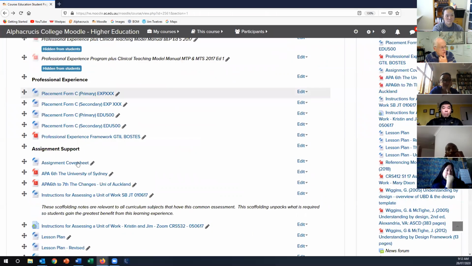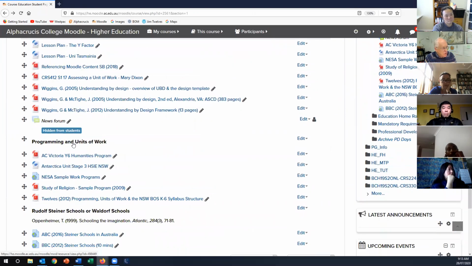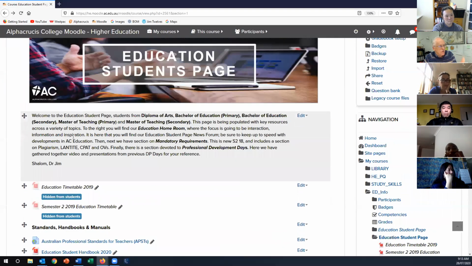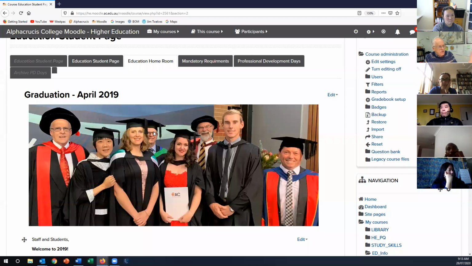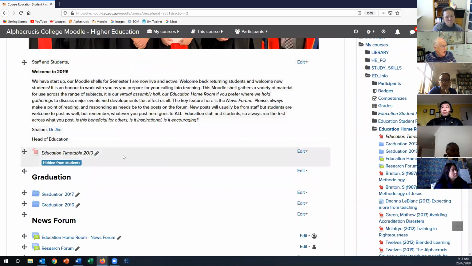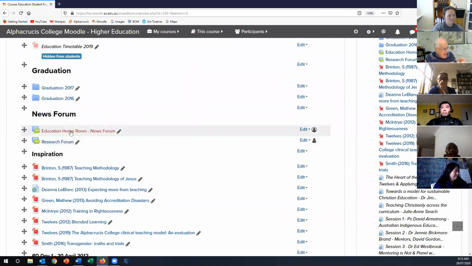There's all sorts of material in here about referencing systems, lesson plan templates, you name it. There's so much resource in there which is relevant to all subjects. If you go to these tabs, this was a graduation photo from last year, with some of our students here, and Stephen Brinton, Stephen Codrington, Stephen Fison, who's taking 405, 105 this semester. And down here, you've got some more photos of previous graduations. And there is the most important